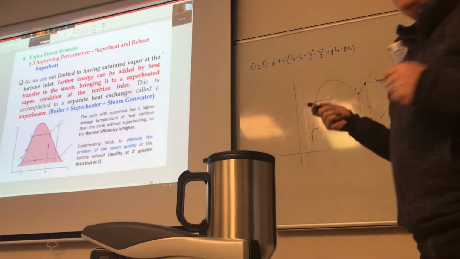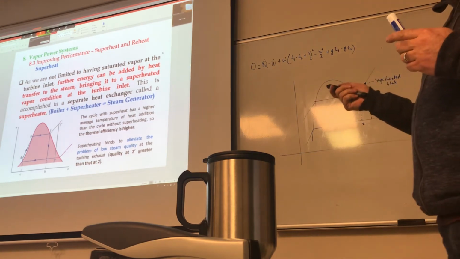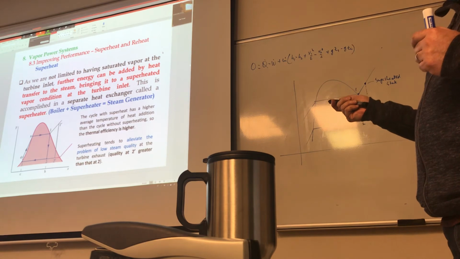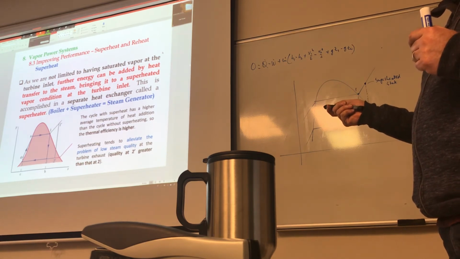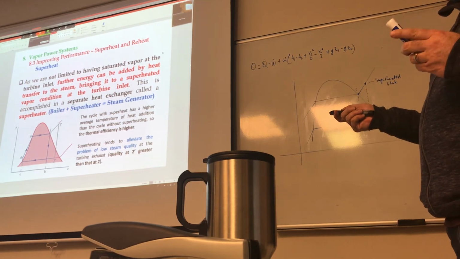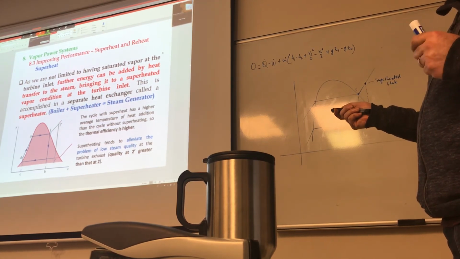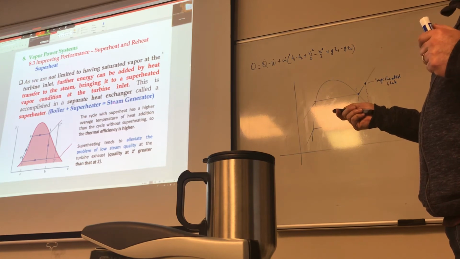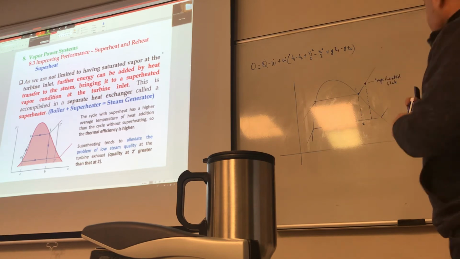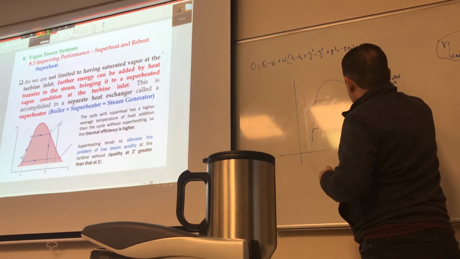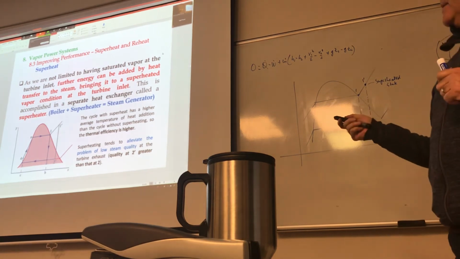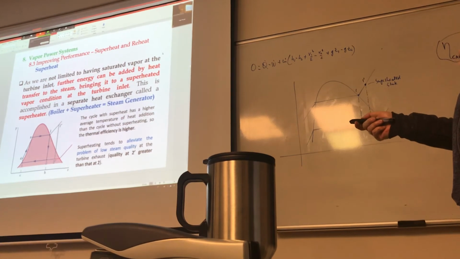It's called a superheater, okay? So this is accomplished in a separate heat exchanger called a superheater, and the boiler plus superheater is called a steam generator. In fact, when you have a problem that talks about a steam generator, that means you are starting from state 1 prime instead of 1. Okay? So the cycle with superheat has a higher average